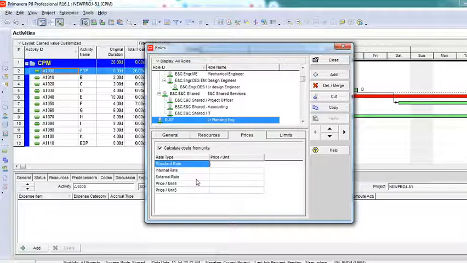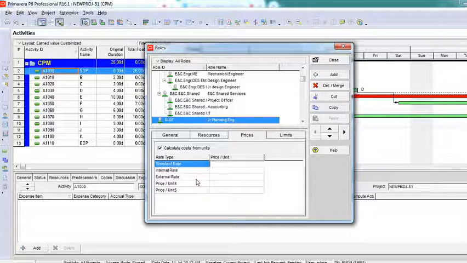Internal rates are the extra cost the company wants to give, either in terms of incentives or project bonus or anything, which is an internal effect on a human resource where the company wants to spend extra money. That's the internal rate. Usually this is on a higher side.